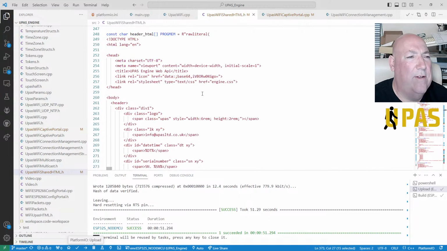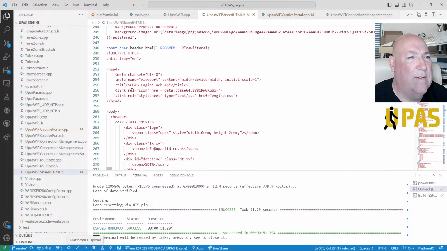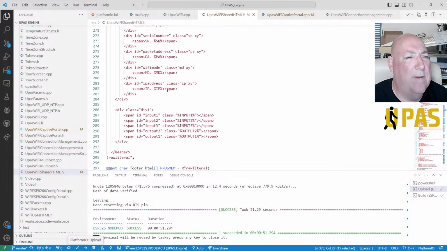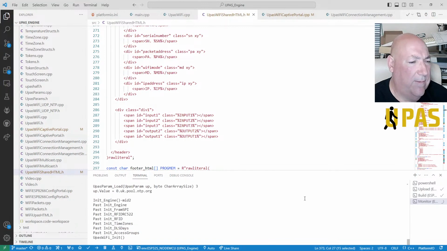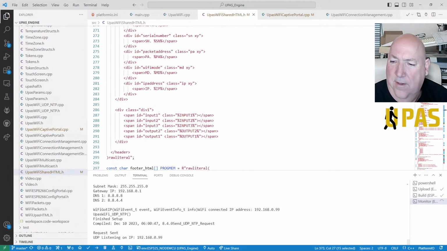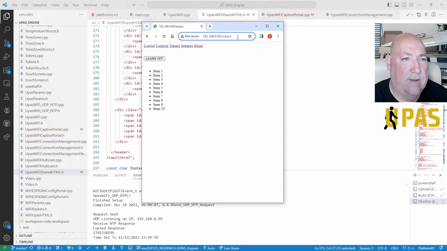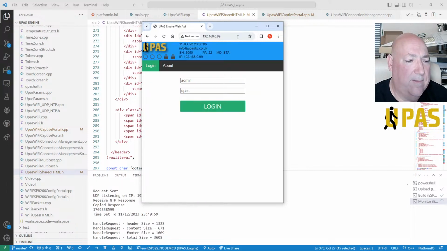Right, header HTML. There it is, head. So we're not getting none of this. For some reason, we're doing something wrong here. What have we done? What have we wiped out? We've wiped out something. Okay, I tell you what, let's have a look at the serial monitor to see the size of the stuff. Alright, let's go onto here. Let's see what's going on, if anything.